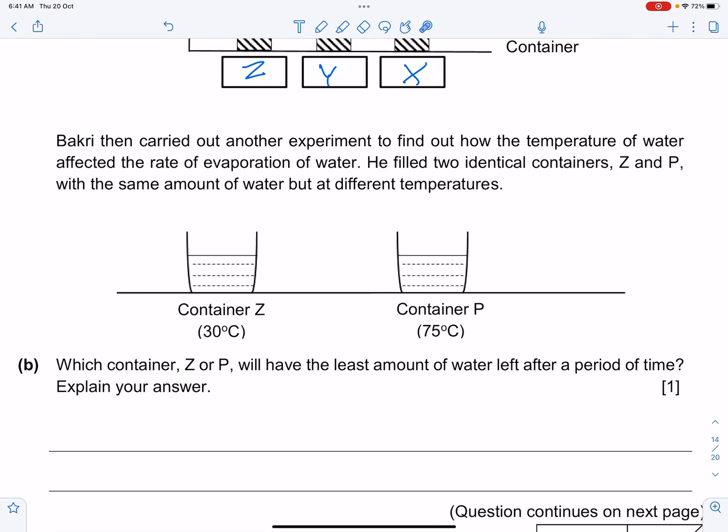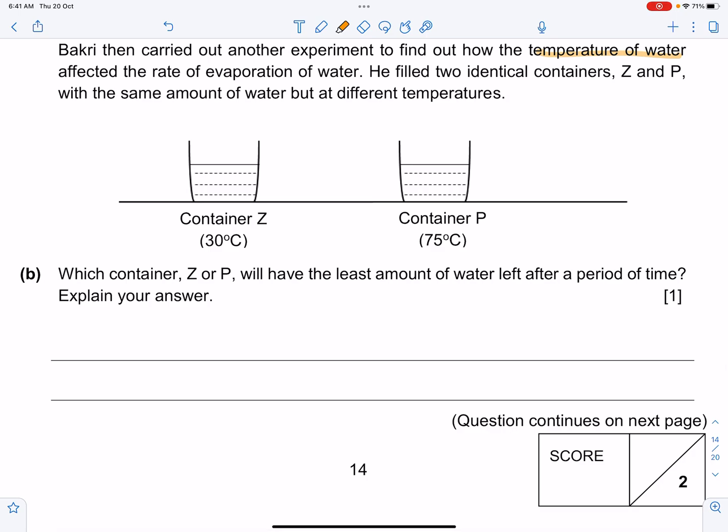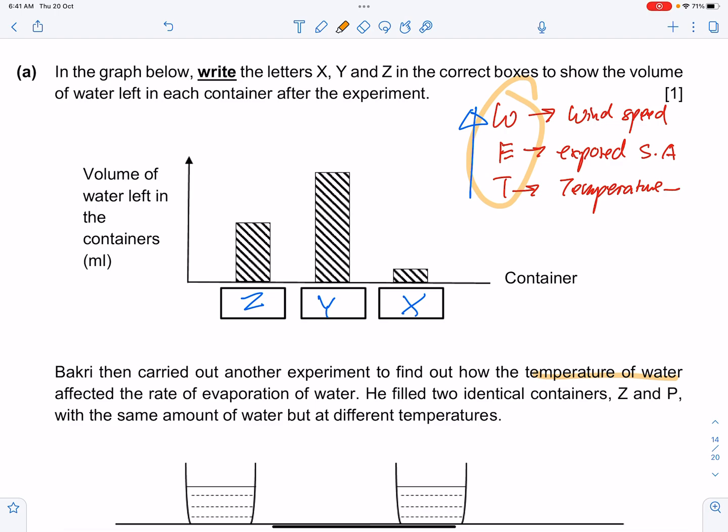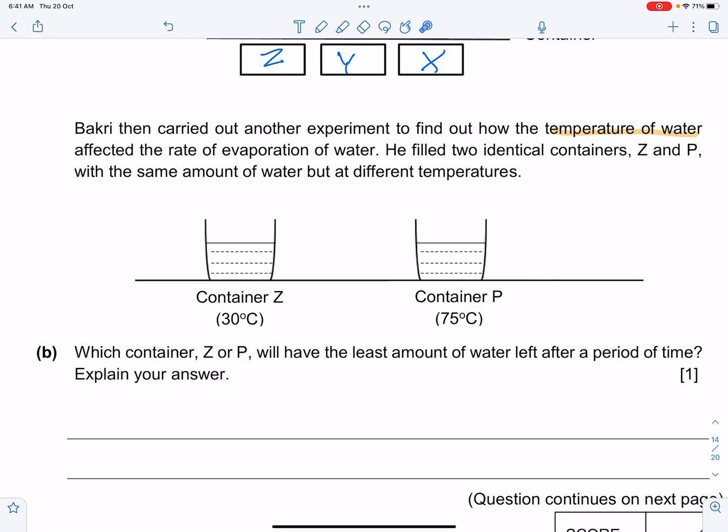Now, then they go on to say, Bakri then carried out another experiment to find how the temperature of water affected the rate of evaporation. He filled two identical containers, Z and P, with the same amount of water but at different temperatures. Which container, Z or P, will have the least amount of water left after a period of time? So back to this again, I know that temperature increases means rate of evaporation increases. Very straightforward, okay? My answer would be P, because its rate of evaporation is the highest. So we can say that P